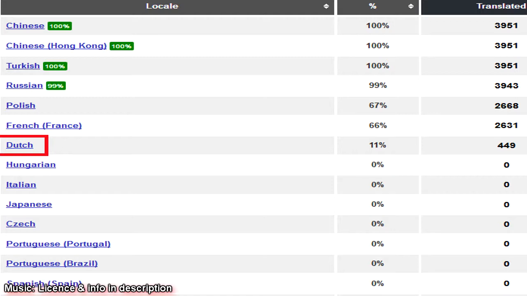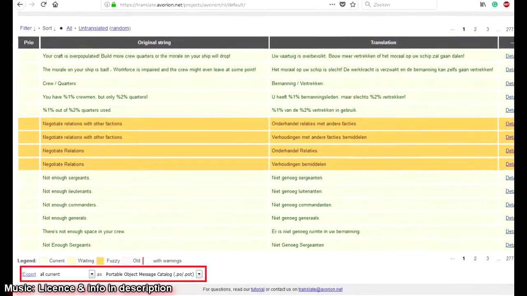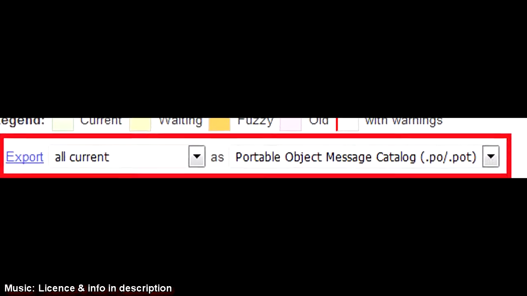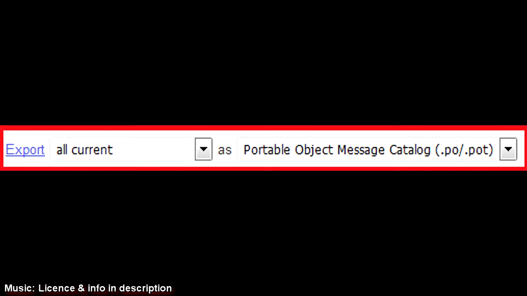If your language is still at 0% translated, don't bother getting it because the pack will be empty. However, if your language is partially translated, then follow my lead. Click on the language to go see that translation hub. Now at the bottom of the screen, at the left side, you should see a button called Export. Set the option to the right of it to All Current, if that is not already the case. Then set the output object in the field next to it to Portable Object Message